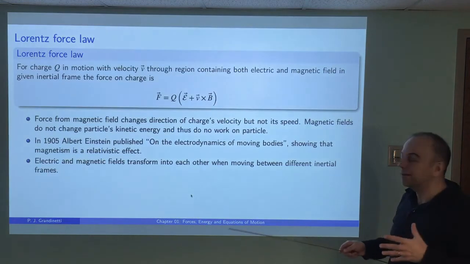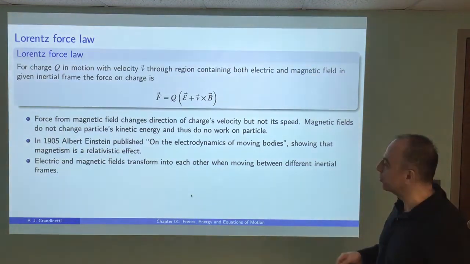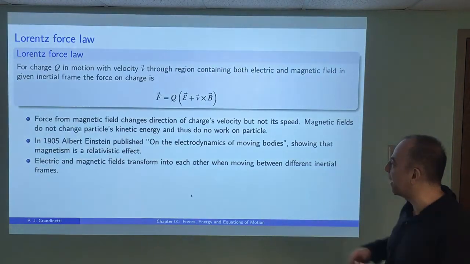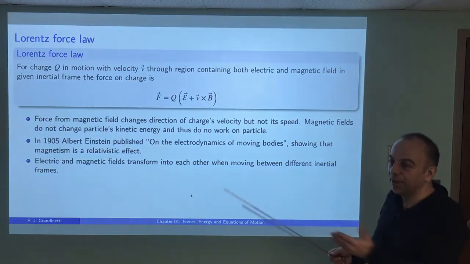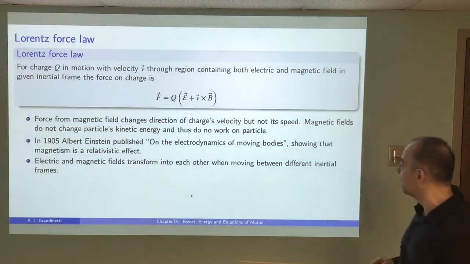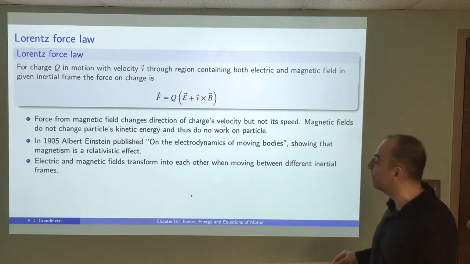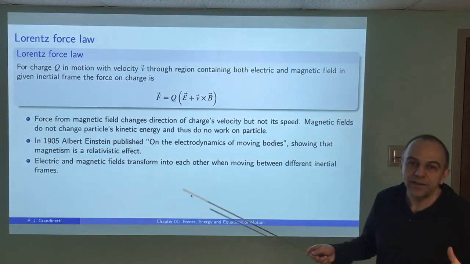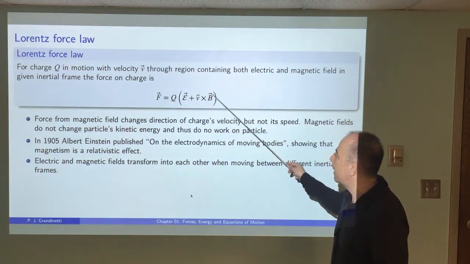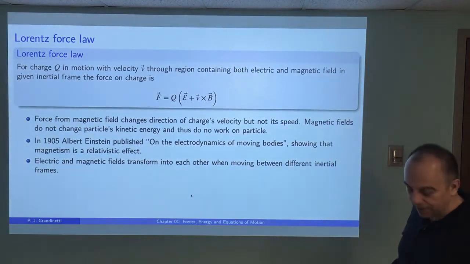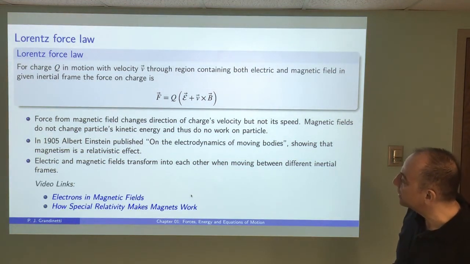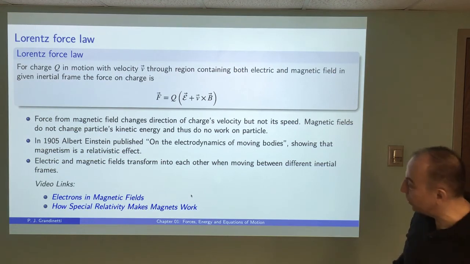a completely Galilean point of view, that there's just one inertial frame. But we know from Einstein that if you move between different inertial frames, what looks like a magnetic field will become an electric field and vice versa. So these electric and magnetic fields will transform between each other as we move between different frames. And that's beyond the scope of this class, but I think it's nice to point that out, that these are just manifestations of the same fundamental object, which depends upon which frame you're looking at them in. And actually, there's a couple of nice videos I have here that point some of these